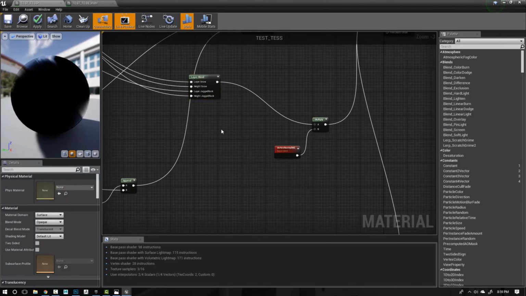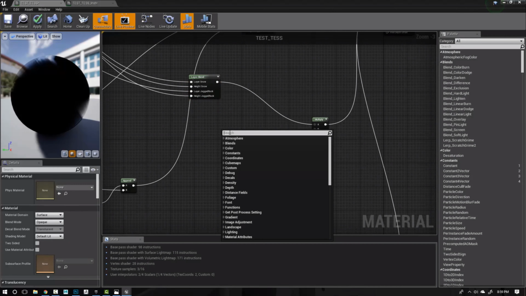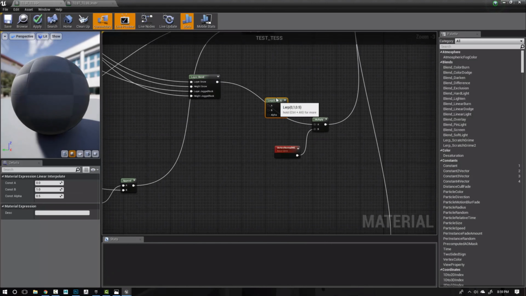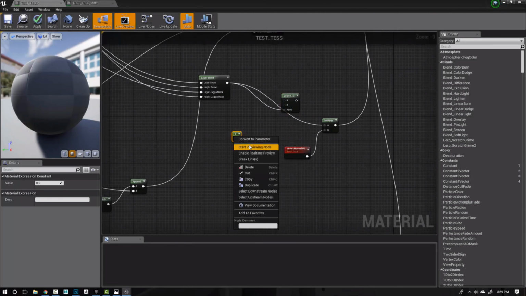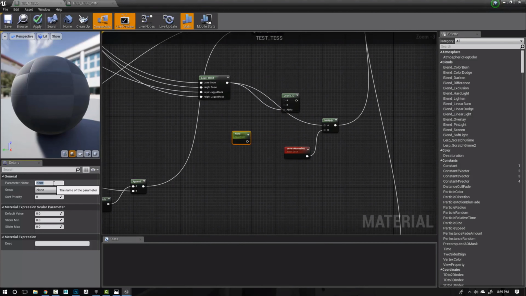So what we can do is lerp between a few different height values. If we plug this into our alpha, we can then set up our height slot again, convert this to a parameter, and call this test height,